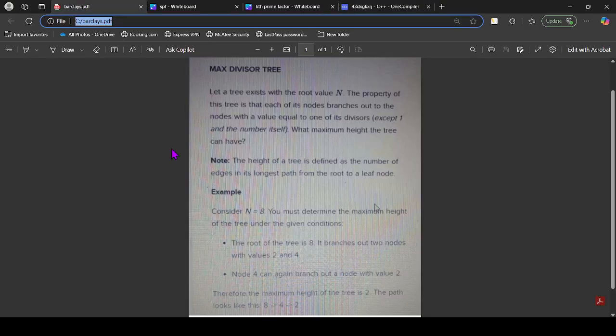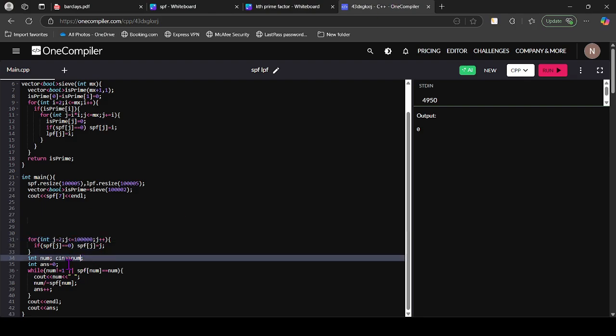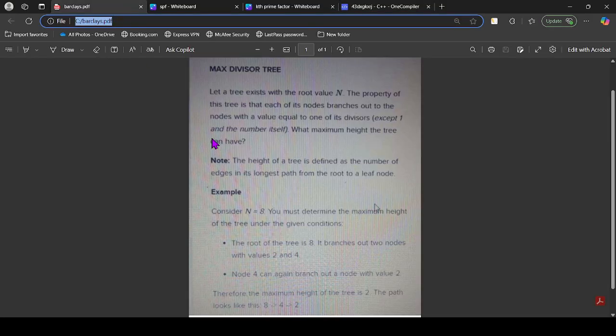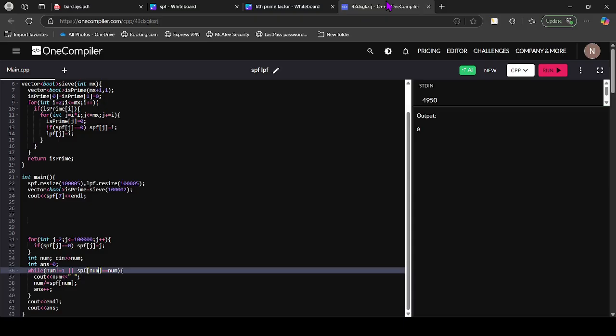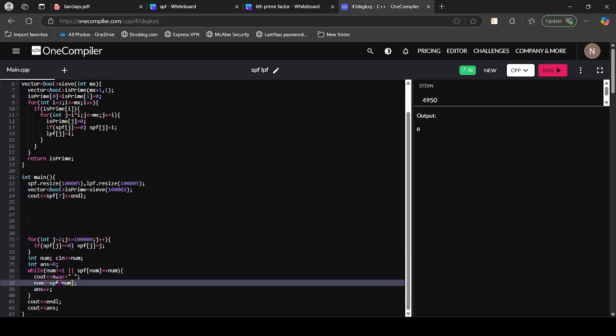And now coming to this question, we can take input, and initially the height of the tree is 0, and now till the number is not equal to 1 and SPF of num is not equal to num. This means that the number is prime. So if we found a prime number, we cannot update further because they have specified that it should not be 1 and the number itself. So we can replace only if we have a non-prime number. So we can loop till the number is equal to 1 or the number is prime. We can divide it by the smallest prime factor because we want the largest number, and we can increment the height. Finally, we can print the